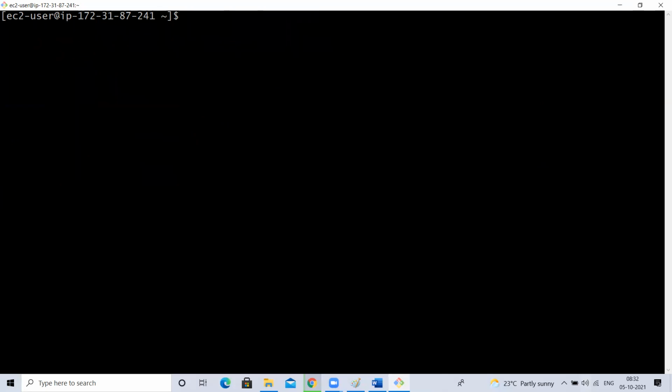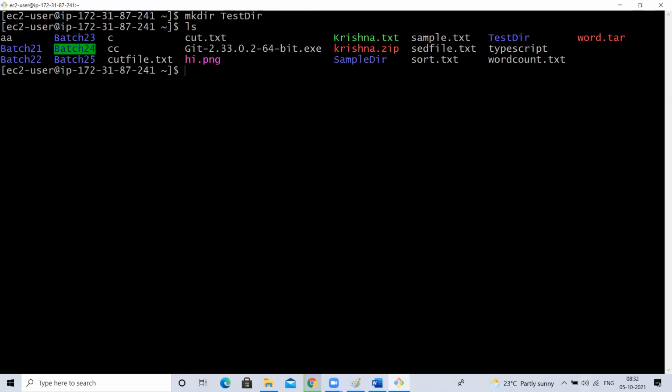Now, one more thing. If I type mkdir testdir something, did it create the directory? To make sure whether the directory is created or not, you have to type ls and make sure that testdir is created. But while using mkdir, if I use -v, same like I use for zip and unzip, it is okay.